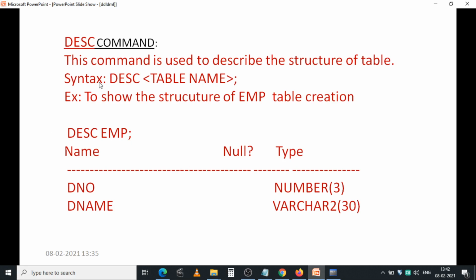What is the syntax for this? DESC space table name. Just see this example. When you execute a command like DESC EMP, it shows the columns and their data types.